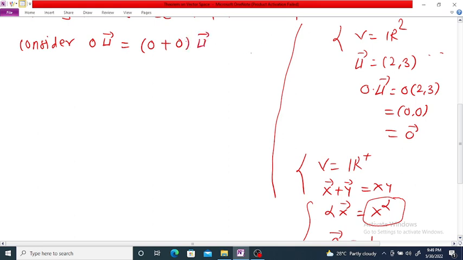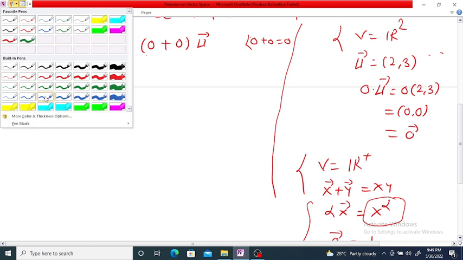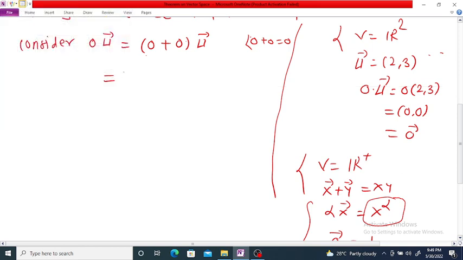Because this is the property of real numbers, or say field, as in real numbers 0 plus 0 is equal to 0. But since V is a vector space, and by using the property (alpha plus beta) u bar is equal to alpha u bar plus beta u bar,